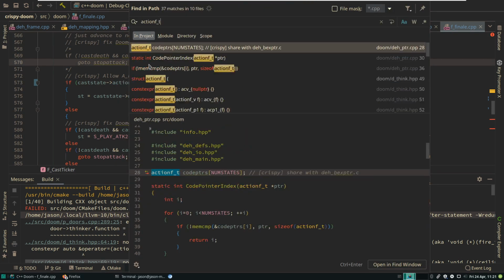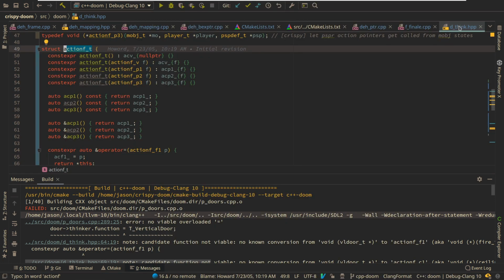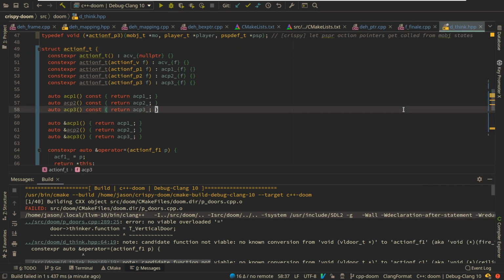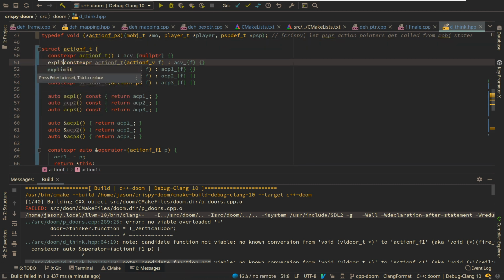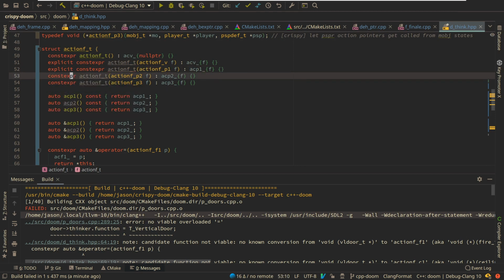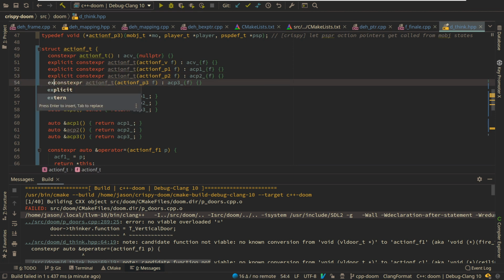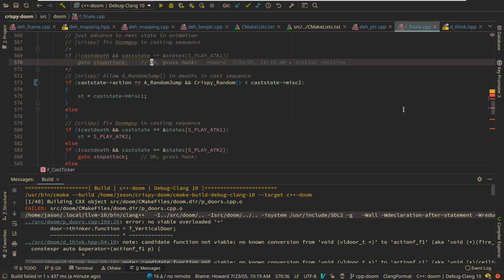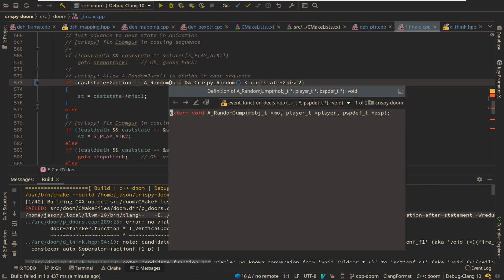Action FT. Think. Can I pin this? I can pin it. Stay right there. I need you around here. Let's go back to putting these things as explicit because we do want to know where implicit conversions are happening. And this finale, a random jump, is a